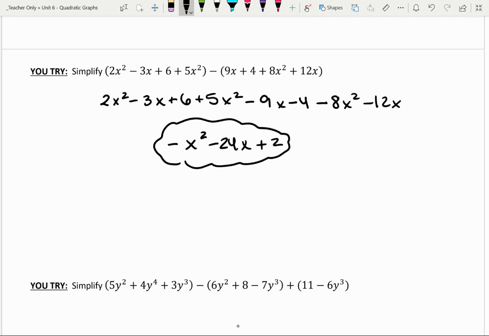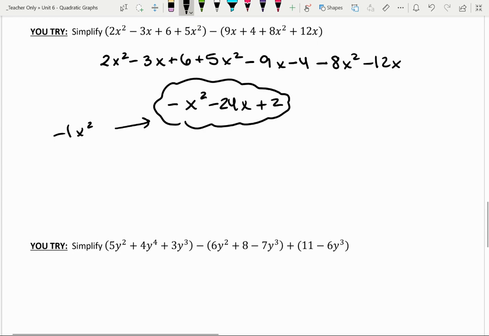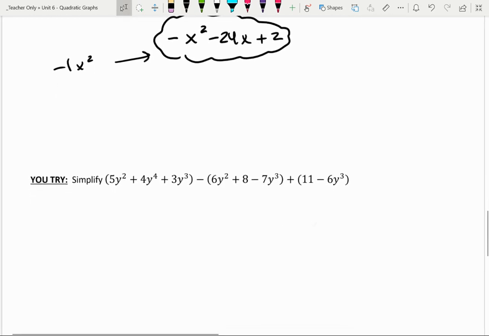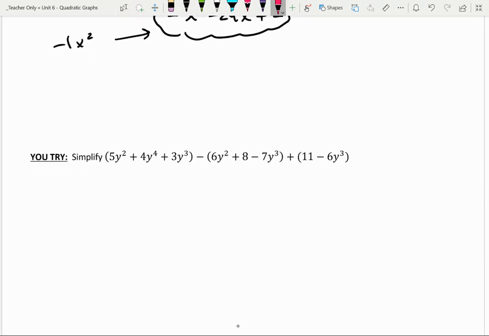So double check, did you identify all of the like terms? When I say negative x squared, that's also negative 1x squared. So just a little simplification there. This second example, you might have noticed you had to distribute a couple things, or not distribute. So that first